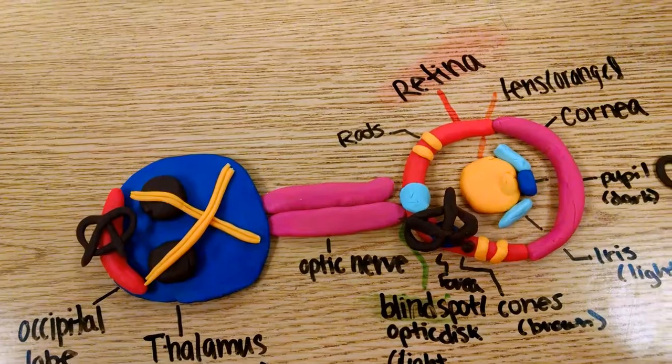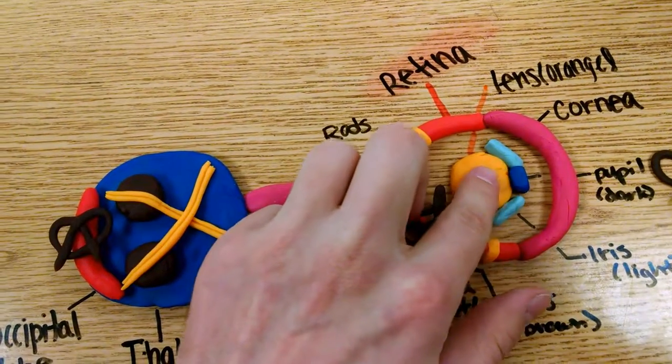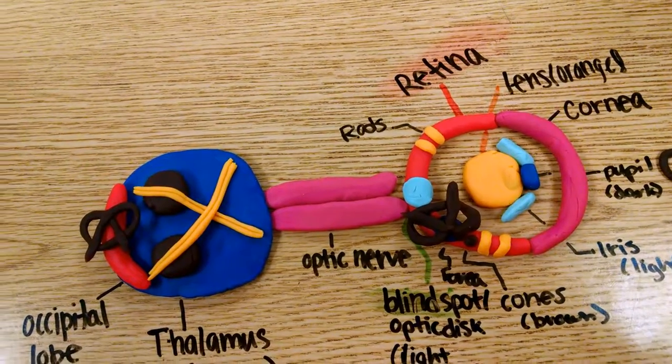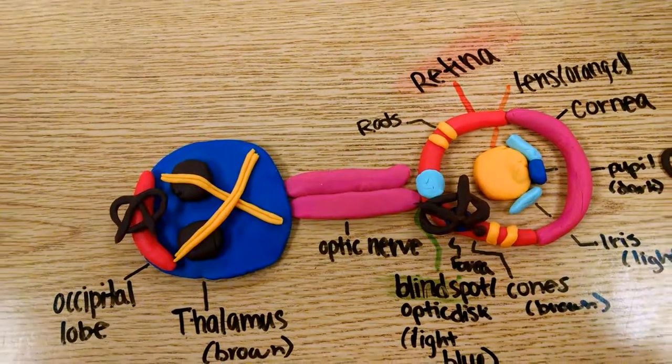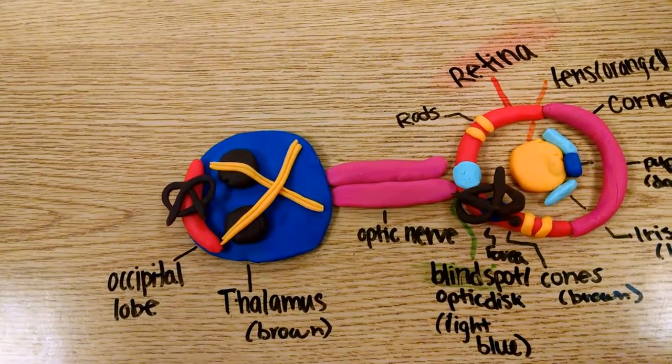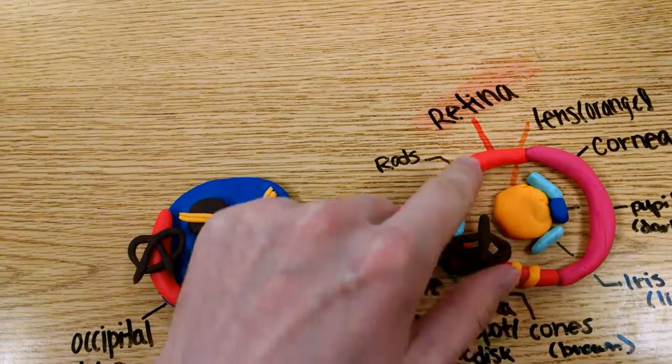The lens, which is behind the pupil and the iris, and is this yellow part here, adjusts depending on what the eye is trying to focus on. Whether the objects are closer or further away, the lens will become thicker or thinner. Once the light passes through all these and hits the retina,